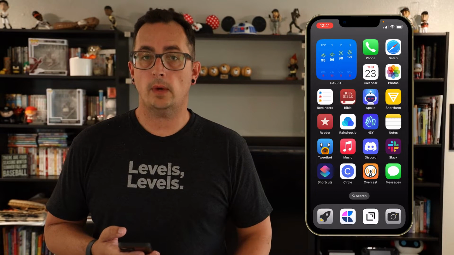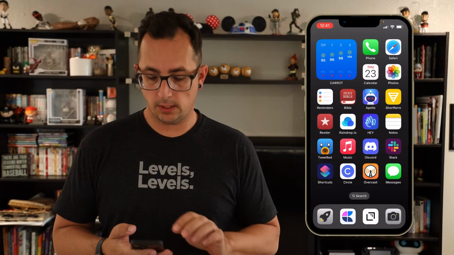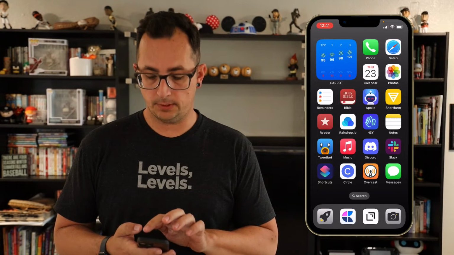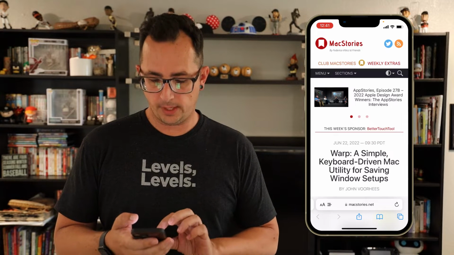Alright, so one of the ways that you can quickly add text to your daily note in Craft is through Safari and through the share sheet in Safari. So what I'm going to do is open up Safari, and you will see that I'm on MacStories. And if I wanted to share this to my daily note in Craft, maybe just save it for later, a read-it-later kind of thing, what I'm going to do is head down